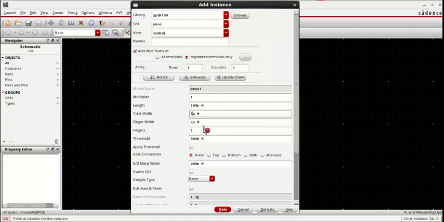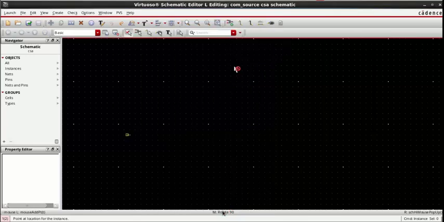Just change the 50, the other places will update automatically. Hide, and we place it here.